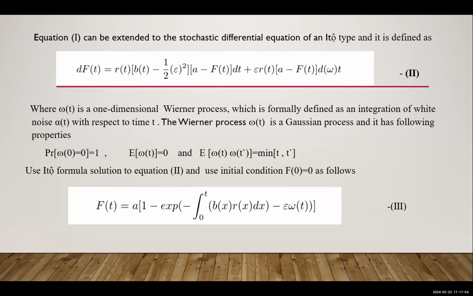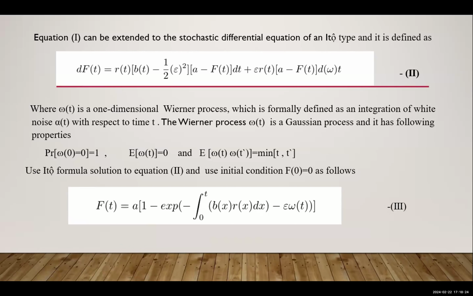We get two parts, where the first part determines the deterministic part, and the second part solves the stochastic process. Because when we apply the Itô type SDE on a stochastic process, we get two parts, the deterministic part and the stochastic part. The first part represents the deterministic part, and the second part of the differential equation represents the stochastic part, where